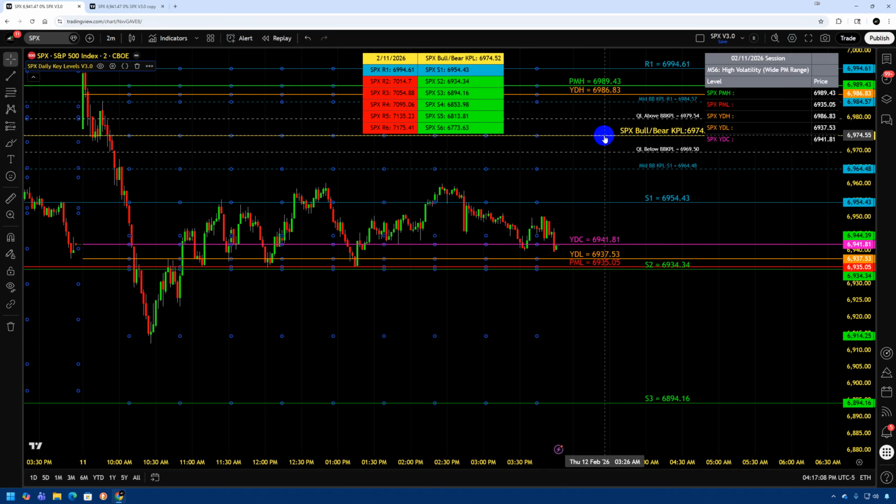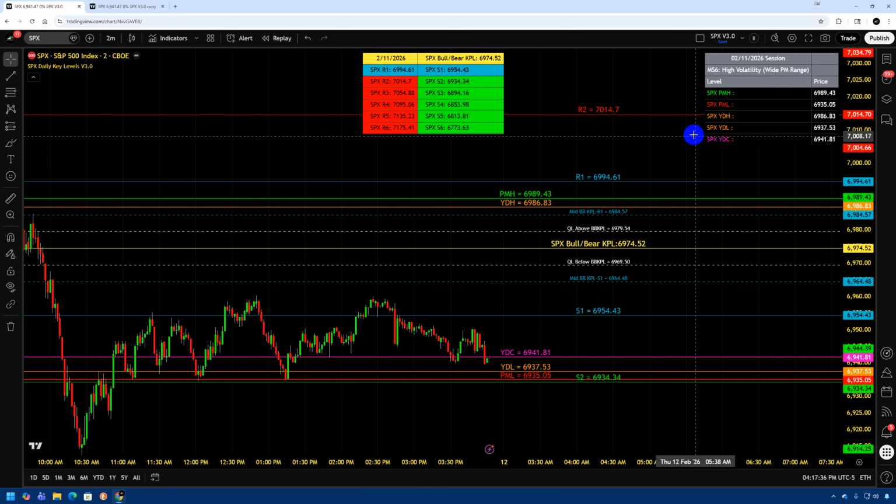What do I mean by one base level? One base level is the amount of distance in the current session between the bull bear KPL and R1, or the bull bear KPL and S1, which is the same amount of distance. It's just that one is above and one is below. But as you can see, they both have the same amount of distance. So this is the amount of the percentage. So the point I'm trying to make is that